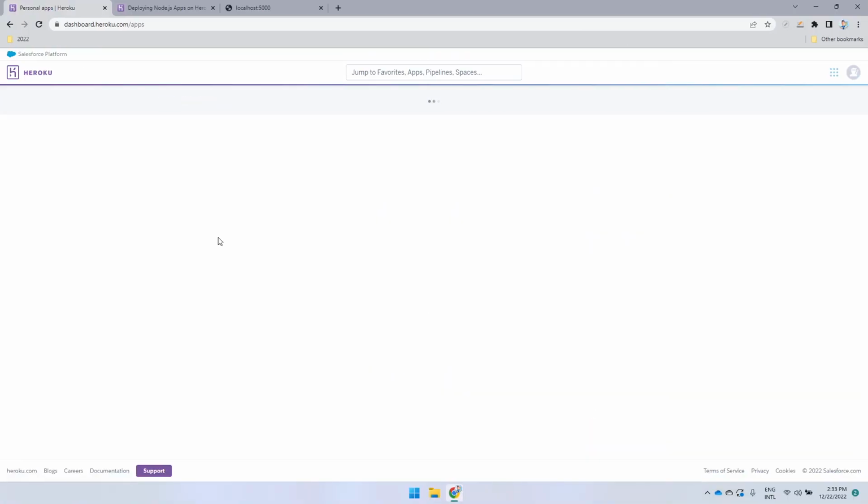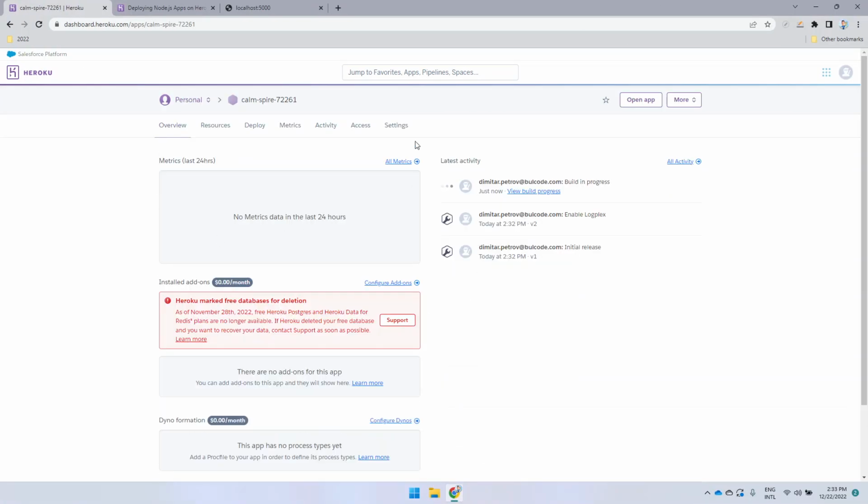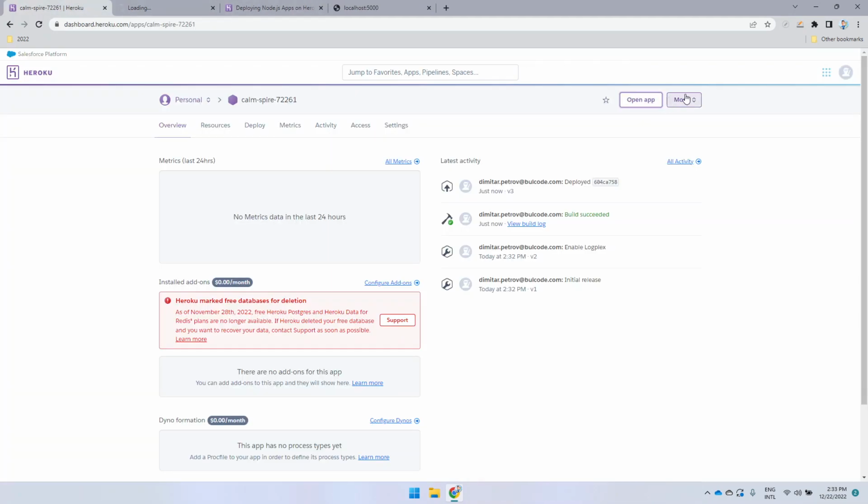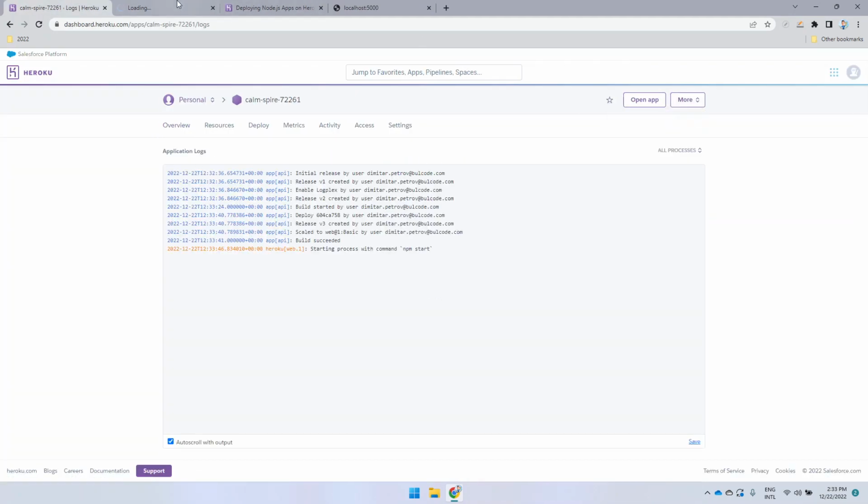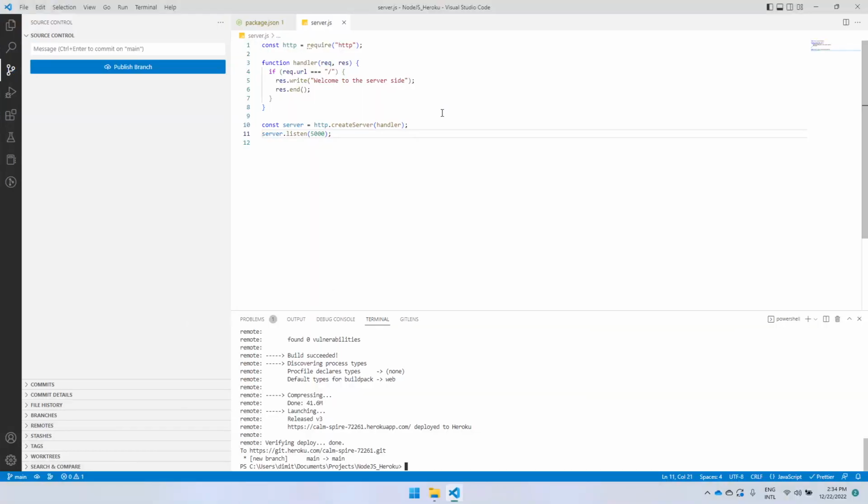If I go to this app that we have created here, I can try to open the app, and I can view the logs as well. If there are some problems, I can see it here. So it's loading right now, but I'm going to tell you that it's actually not going to work quite yet. And this is because we need one more thing. We're going to look into the logs and see what the problem is, but it's actually the